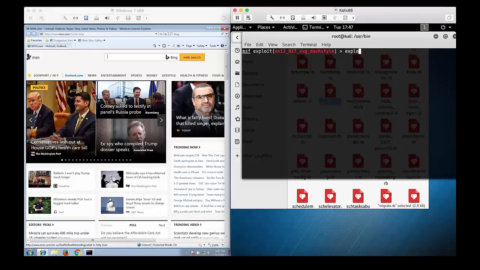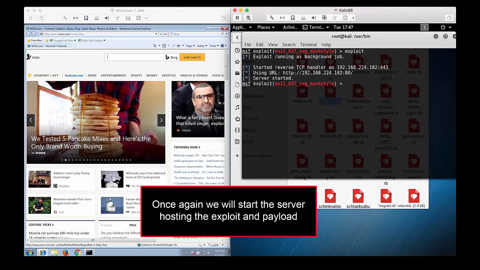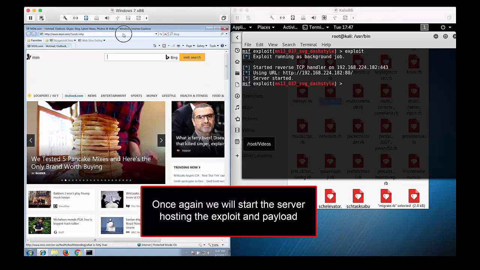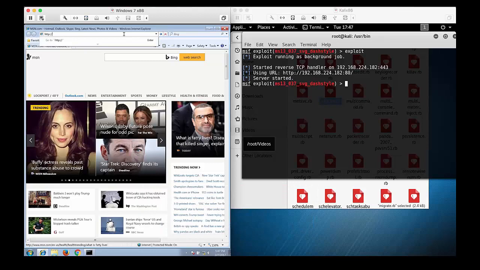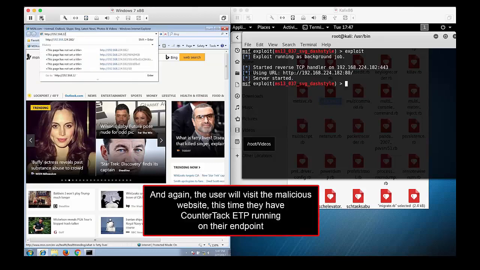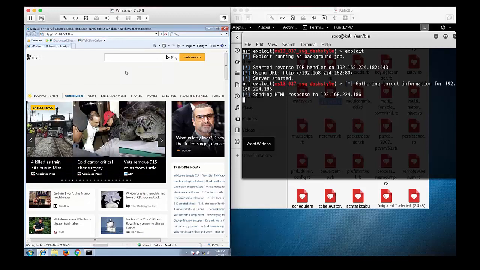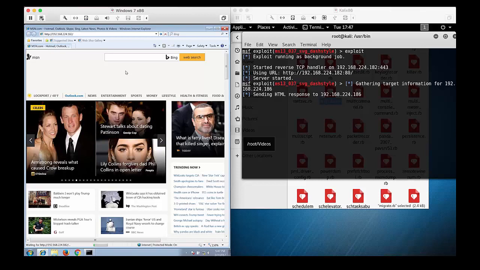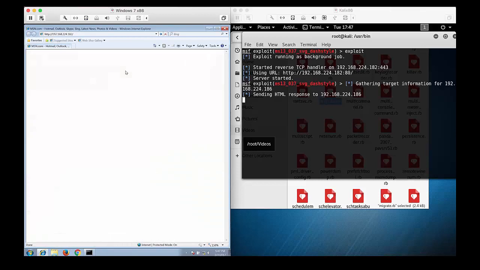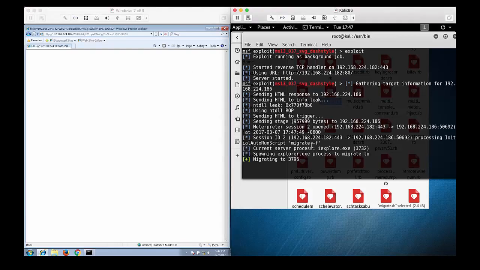Here we're running the same exploit against the same vulnerable Windows 7 virtual machine. However, this time the machine is running CounterTack's EDR agent on the endpoint. Again, the victim browses to the malicious website and is then redirected to the landing page hosting the exploit. The vulnerability in Internet Explorer is successfully exploited by the attacker, and a Meterpreter session is spawned within the Explorer